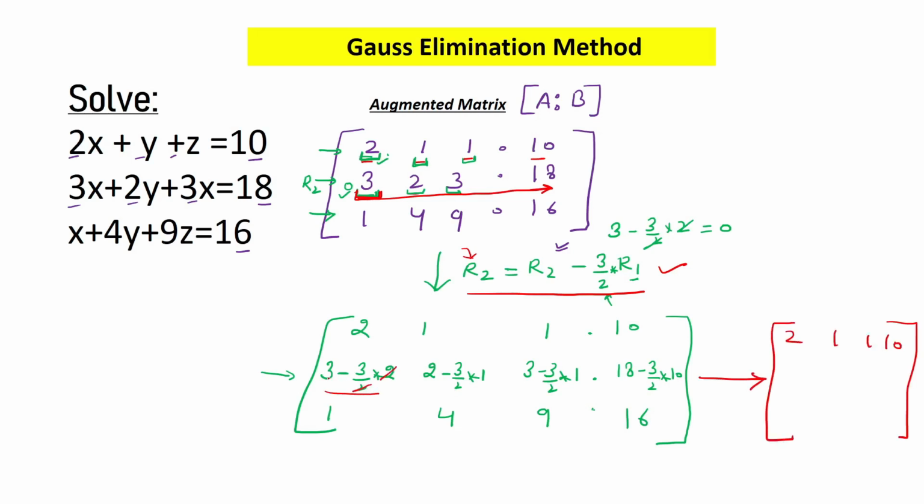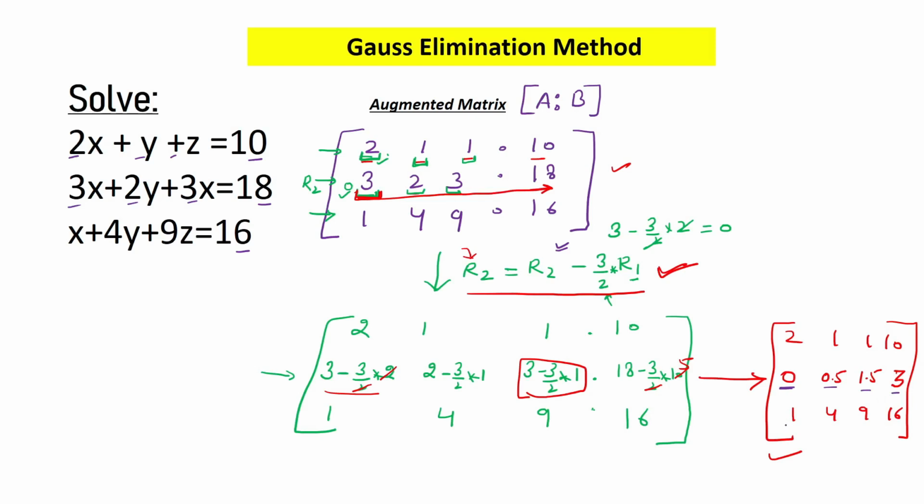So this will be 3 minus 3, 0. And from here, what will I get? 2 minus 3 by 2 into 1, I will get 0.5. From 3 minus 3 by 2 into 1, from here, I will get 1.5. And from here, 2 fives are 10, this will be 3. And the third row will remain same. So this is my matrix after applying this row transformation operation on the given original augmented matrix. So finally, this element is 0 and the other elements of row 2 have also been changed.